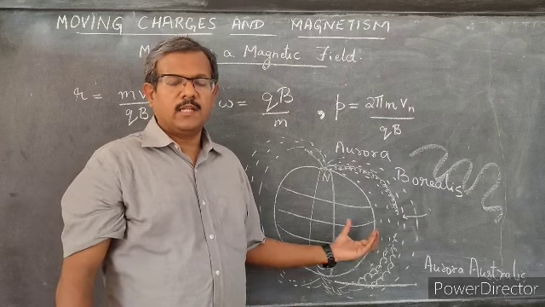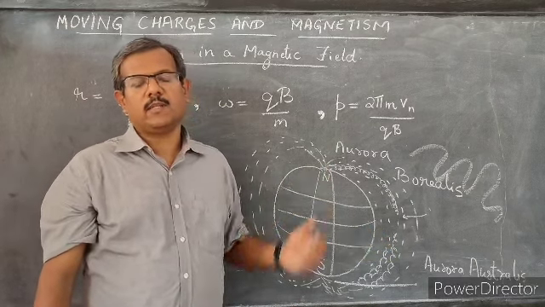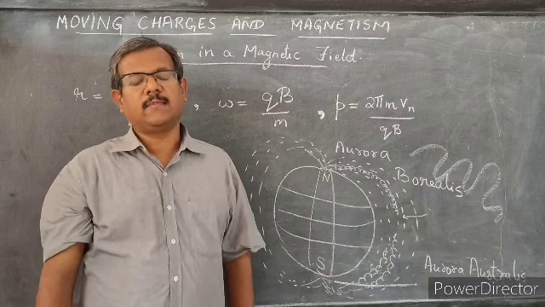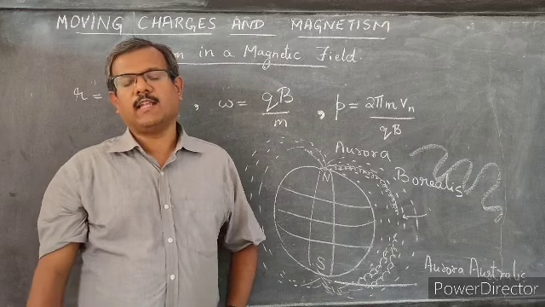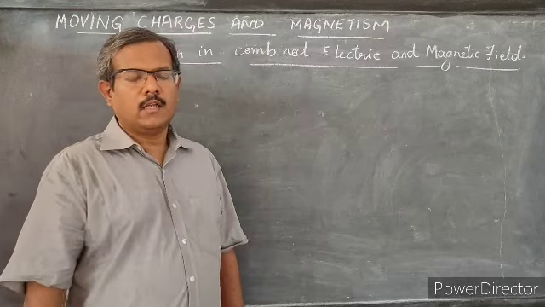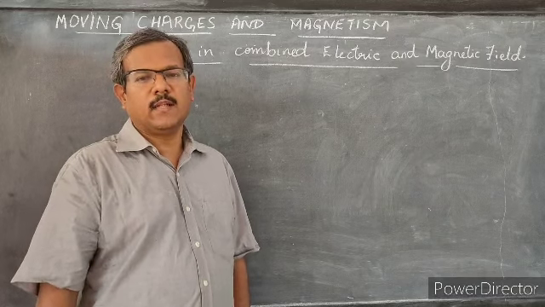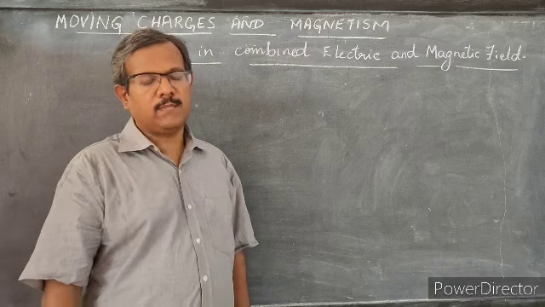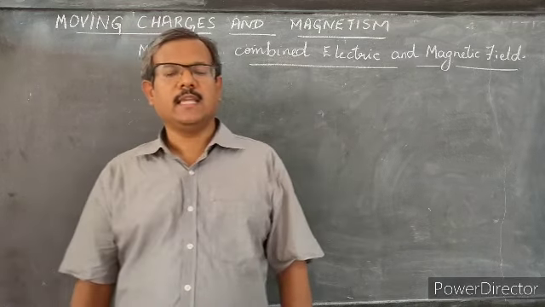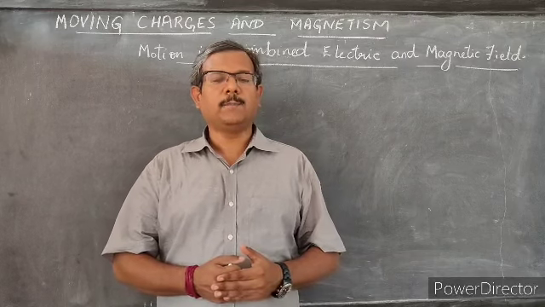So this phenomenon is completely explained by the phenomenon of a charged particle exhibiting helical motion when traveling in a magnetic field. So now let's shift our discussions to what happens when a charged particle moves in a combined electric and magnetic field. So for simplicity's sake, let's take the electric field and the magnetic field to be perpendicular to